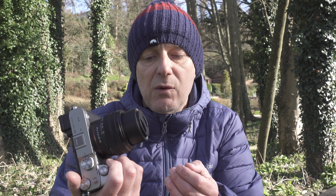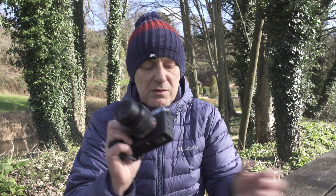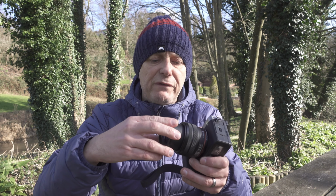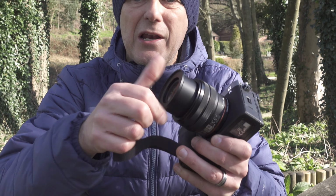But one thing that does drive me up the wall about this lens is the 40.5mm filter thread on the front, which is very small, means you're using really strange size filters, which can be quite hard to get. And if you want to use grad filters, it's virtually impossible to get an adapter. But there is a hack. So all you need to do is get yourself a 40.5 to 58mm step-up ring and apply like so,